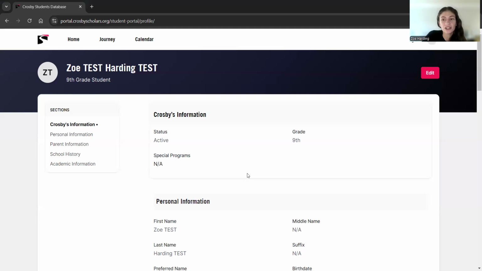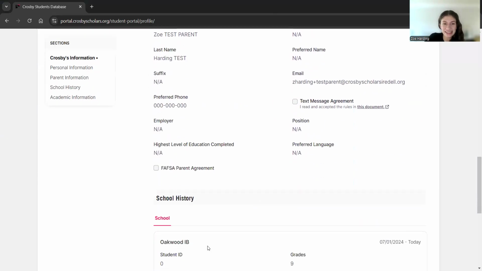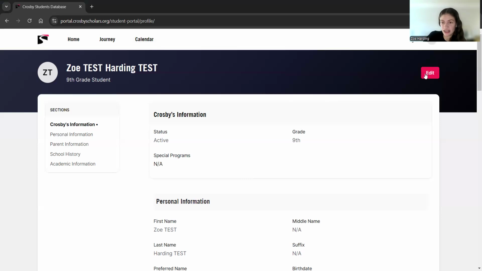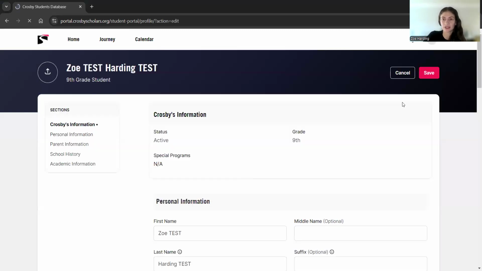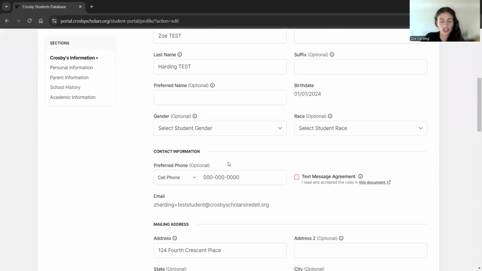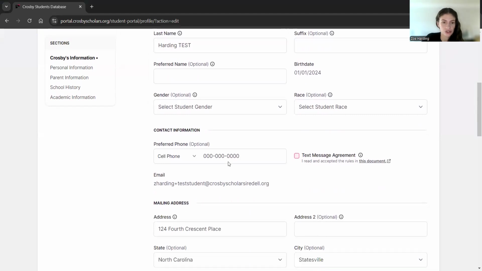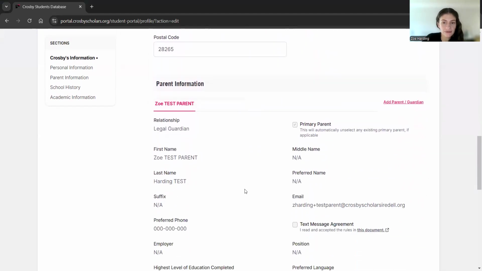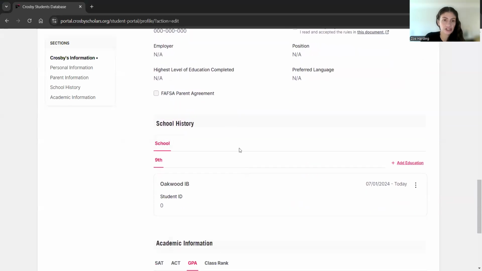To do that, you're going to click on this edit button in the top right-hand corner of the page. No matter what information on this page you're trying to edit, you'll need to click on this button at the top of the page to be able to do that. Once you hit that edit button, it'll open all of the different fields that you are able to change as a student in the portal. So you can update your cell phone, your address, where you live, but I'm going to scroll down here to the